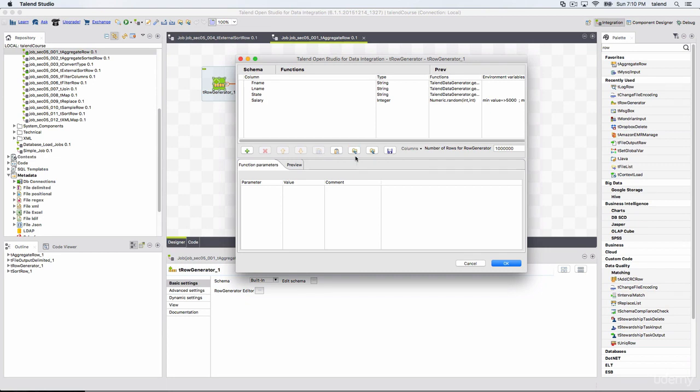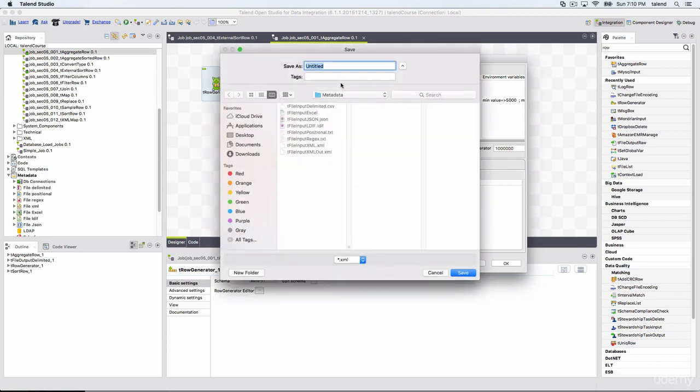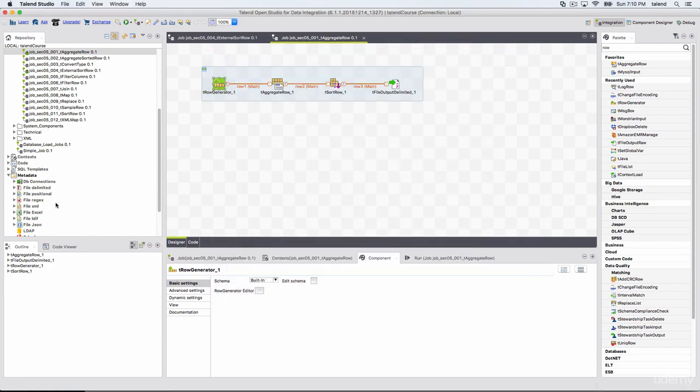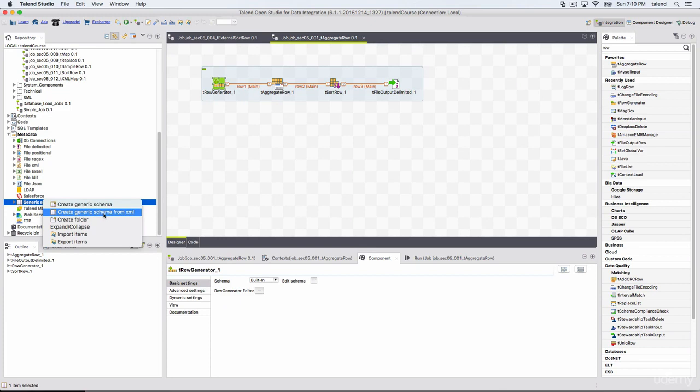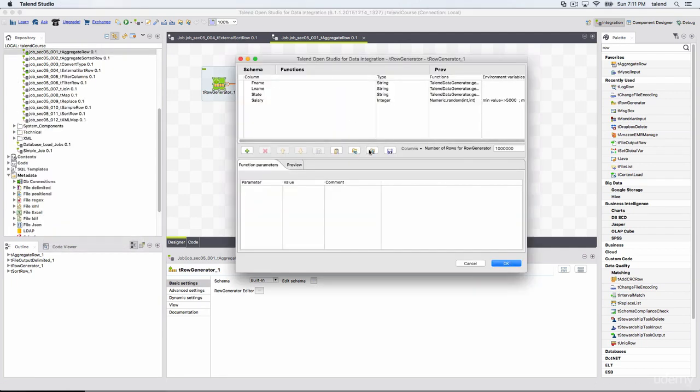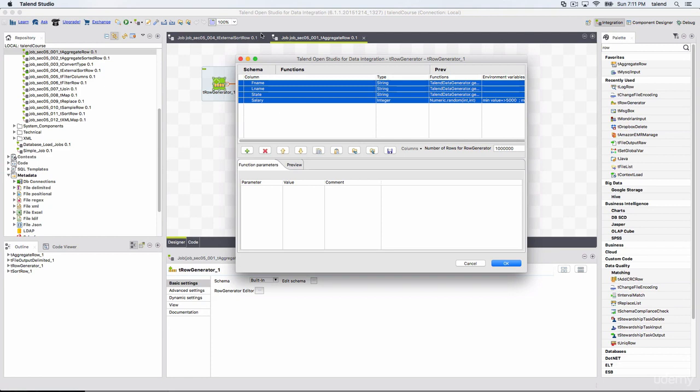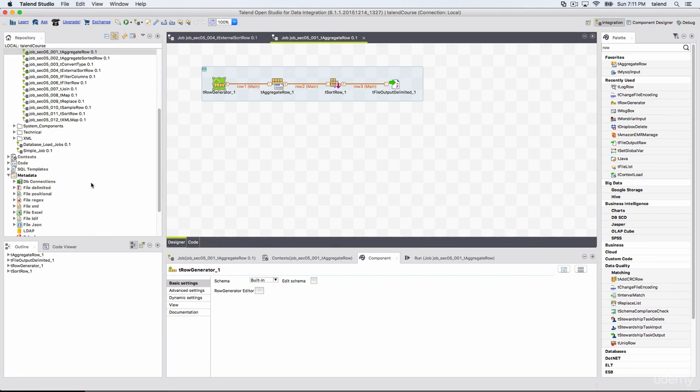When you click this, you can save that schema as an XML file, and you can import that schema and create a generic schema from that file. As I said, that XML file should have only the schema that you exported from one of these, like export all rows into XML file. So that's another method of creating a generic schema.